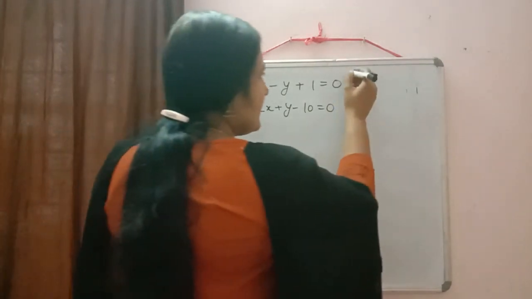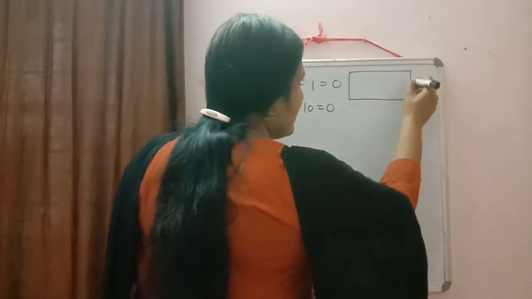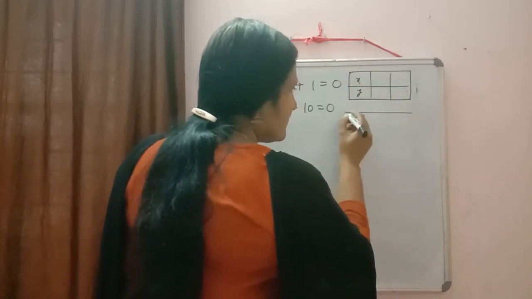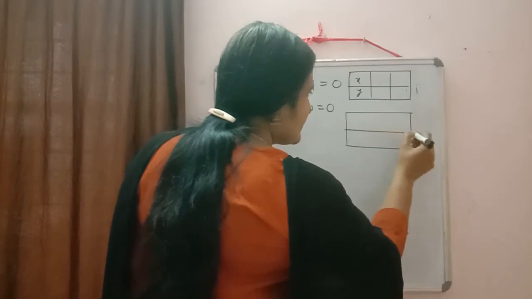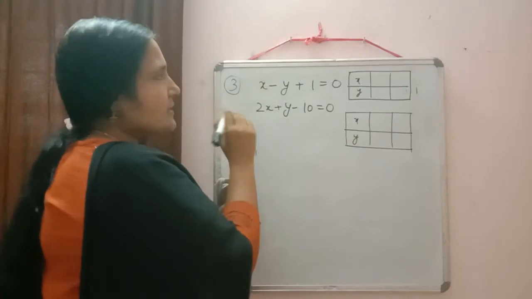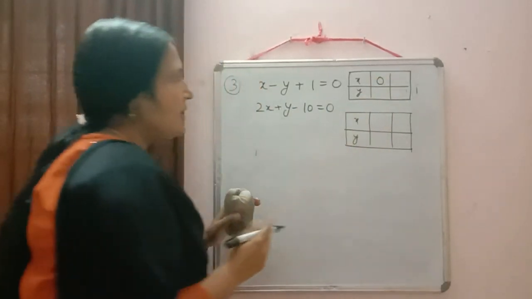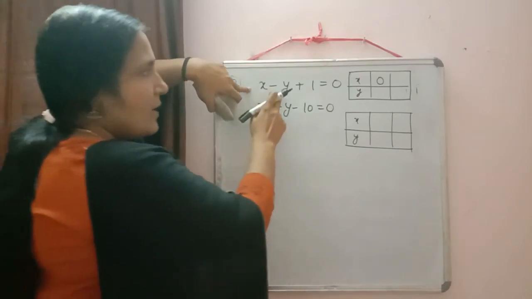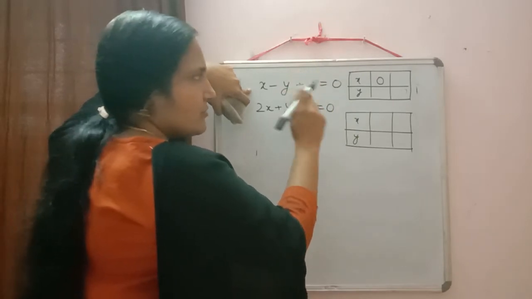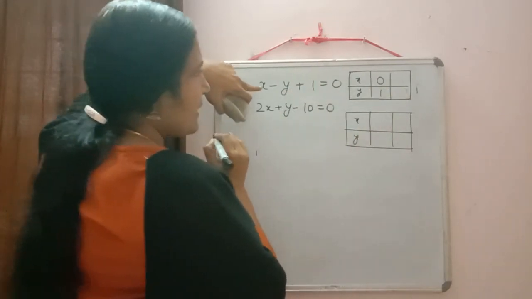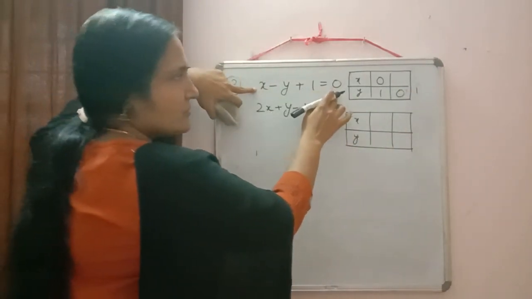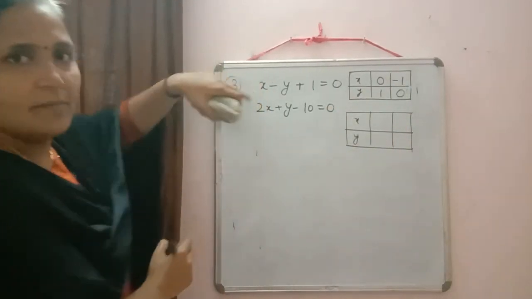So all of you, here only I am drawing the table. You also just find out the values of x and y, only two values. First x is equal to 0, second y is equal to 0. So in the first equation, if x is equal to 0, then we will get minus y plus 1 is equal to 0. Minus y we can shift to right hand side, so we will get y is equal to 1. And if y is equal to 0, then what will come? x plus 1 is equal to 0, then we will get x is equal to minus 1.